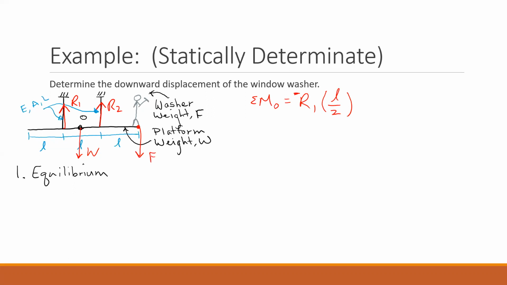And then we have a similar moment, but positive with R2 times L over 2. We don't have any moment from the platform itself because it's acting through that point, but the window washer gives us a negative moment of F times 3L over 2. So when we solve this,